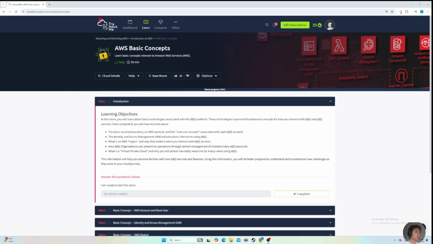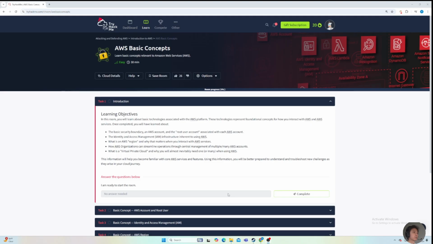In today's room, the learning objectives are to learn about the basic technologies associated with the AWS platform. These technologies represent foundational concepts for how you interact with AWS and AWS services. Once completed, you will have learned about the basic security boundary, an AWS account, and the root user account associated with each AWS account, the identity and access management infrastructure inherent to using AWS,